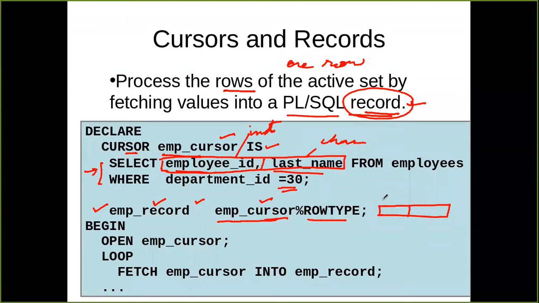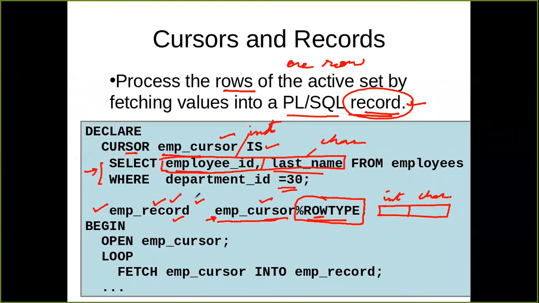The first will be of integer type and the second of character type. Due to the statement percentage ROWTYPE, it tells the system that the data type of this record will be the same as that of the row of the cursor named employee cursor.